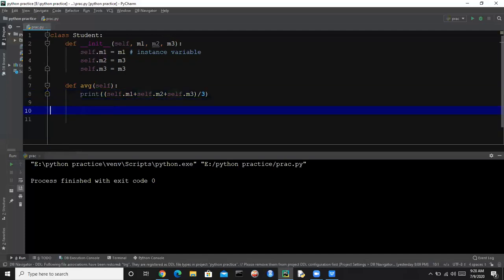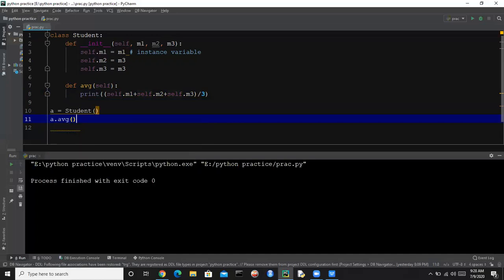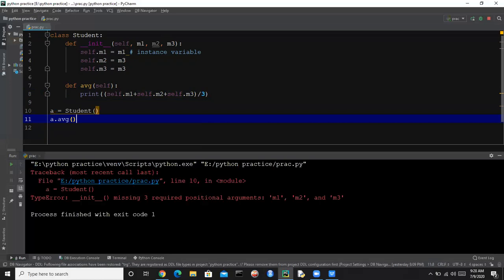So this is our average method, and now let's say we are creating an object a of class student. And how can we call the average method? Just a dot average, and let's print this.